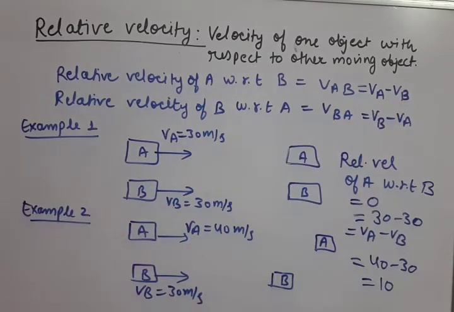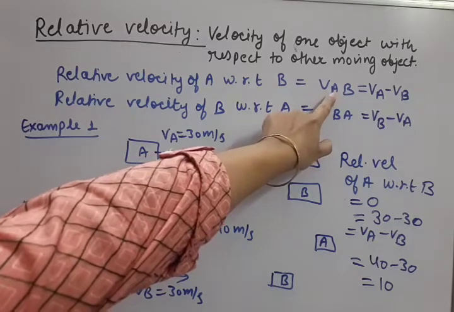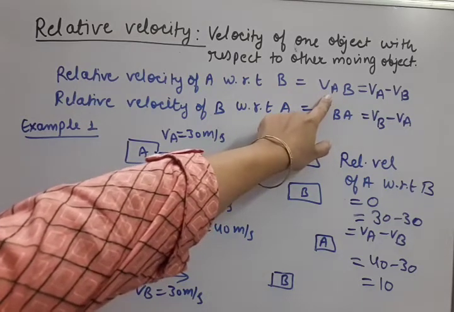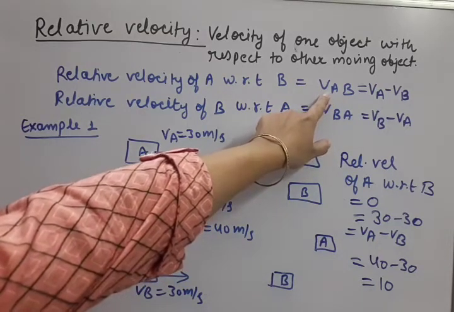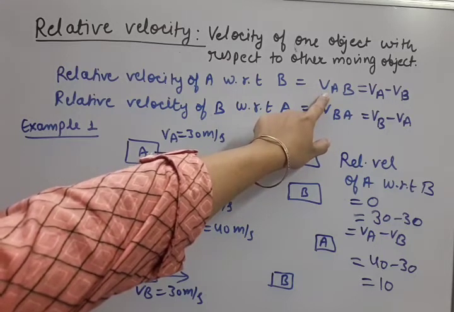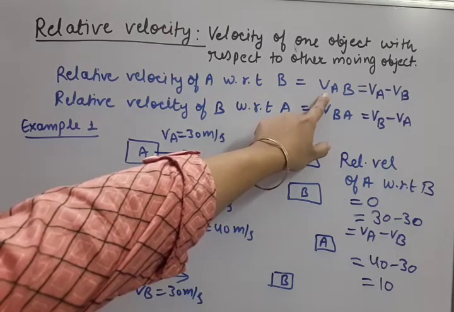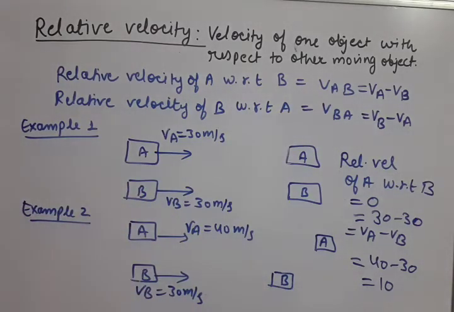Now here we have understood the formula of relative velocity of object A with respect to B. Now the direction is also important for the two objects moving with respect to each other, whether they are in the same direction or opposite direction. So with the same formula VA minus VB, we will solve both types of cases, same direction cases and opposite direction cases. I will explain to you the technique of solving. Let us start numericals now. Note down all this concept.